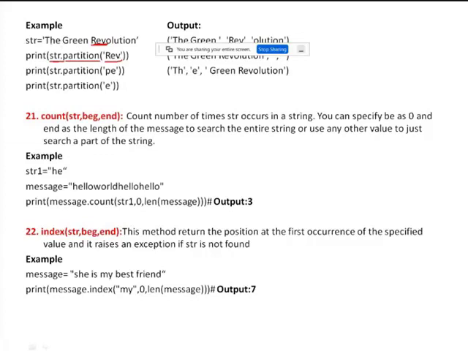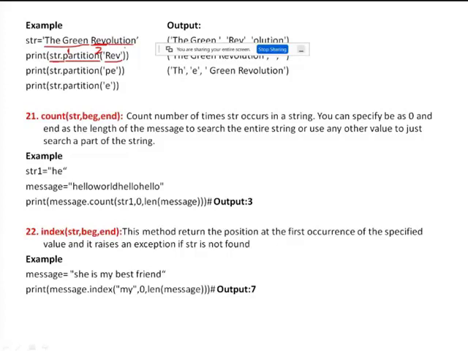So the entire string is split into three parts. This is the first part, "the green ", that means before the partition, and "rev" is the second part, that is the partition itself, and the third part is after the partition value, that is "olution".